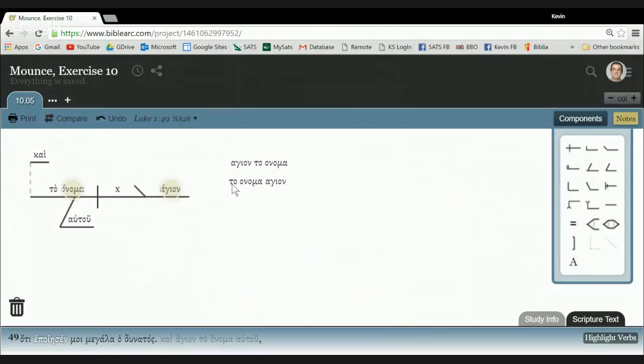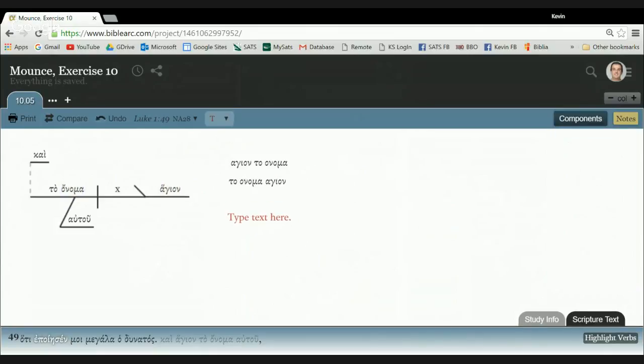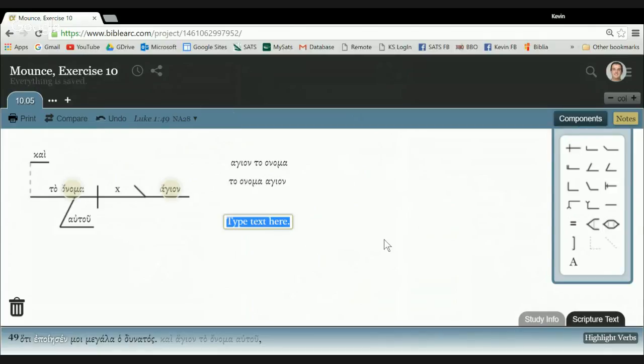The key thing is that this is a noun and this is an adjective modifying it. If the noun has the article and the adjective does not, regardless of which order they're in, then the adjective is predicate and it makes a statement about the noun. So the name is holy. This changes if there is an article with the noun, with the adjective. So contrast this word order,